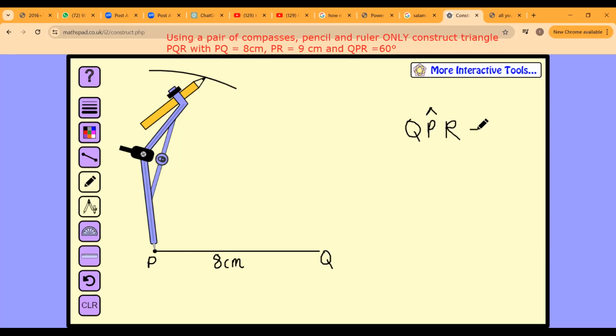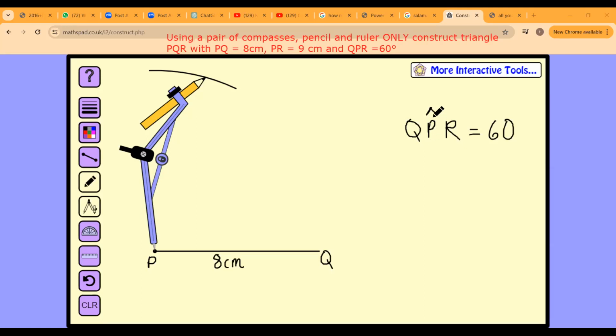When they say angle QPR should measure 60 degrees, they are referring to the angle in the middle, right? And what is the angle that is in the middle? I need you all to talk to me, please, because I'm not talking to myself. Otherwise, we don't need to have class. So I'm going to ask one more time. What is the angle that's in the middle? The angle that's in the middle is P.